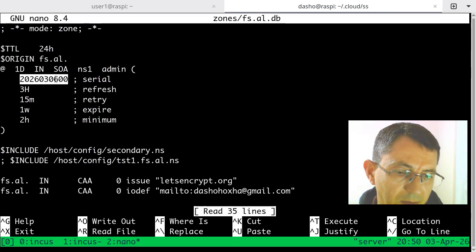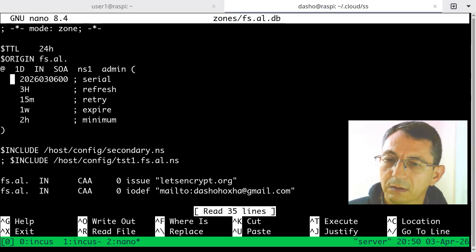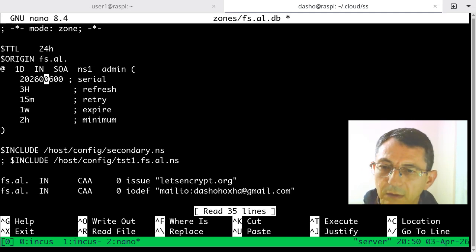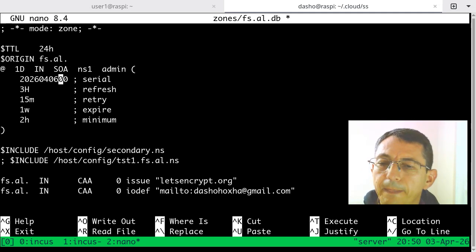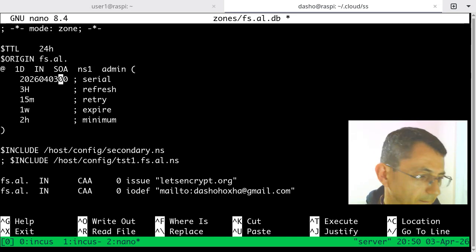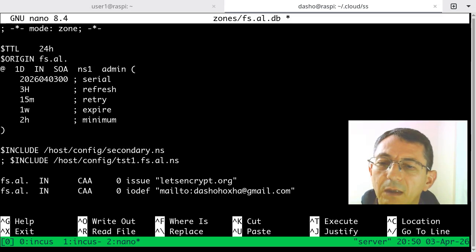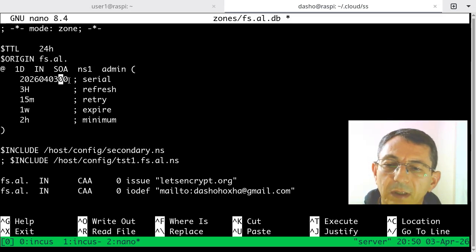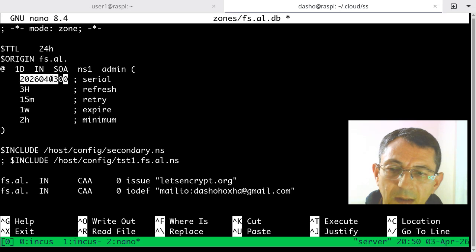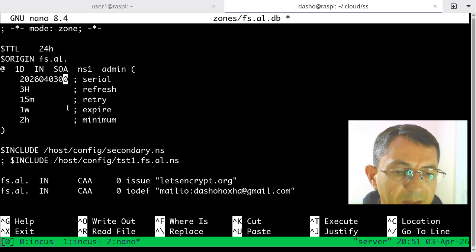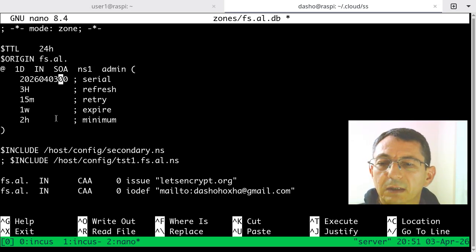This is the fourth. So I'm increasing the serial number, and I'm doing it by keeping the date like this: year, month, day, and then this is a serial inside the day in case I modify it multiple times in the same day. So I'm increasing the serial number here, save,